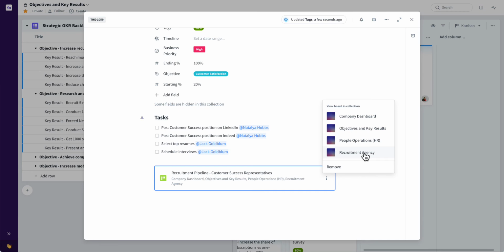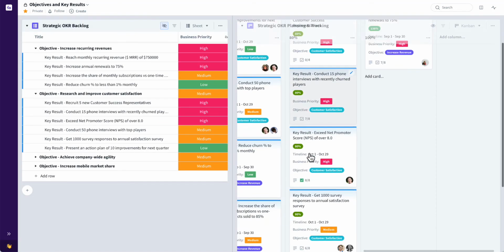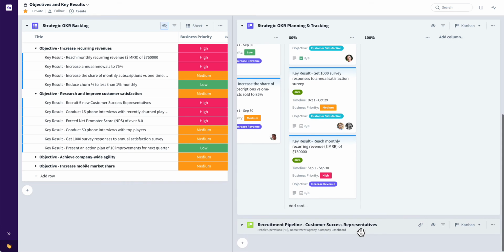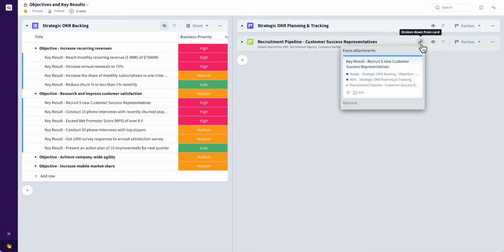So you can see again that the boards can exist in multiple places, multiple collections, as well as the cards existing in multiple places. So we're going to go to it. I actually have it here in this objectives and key results collection. So you can see it opened up the link from the card to this board. Now there's a link going back the other way. You can see that it was broken down from this particular card. The actual key result sitting up here in the OKR planning and tracking board, and of course also back here